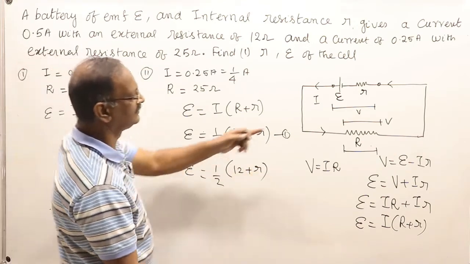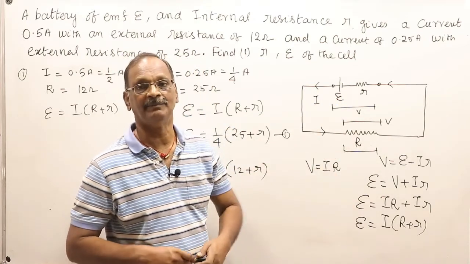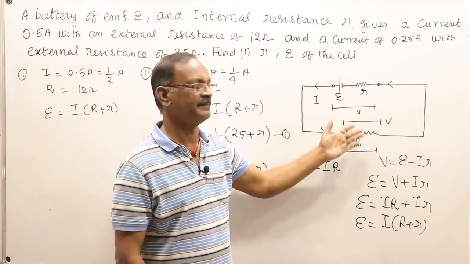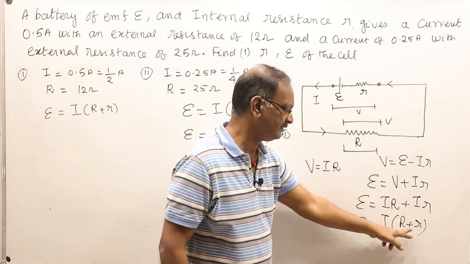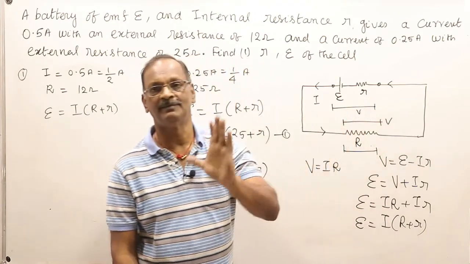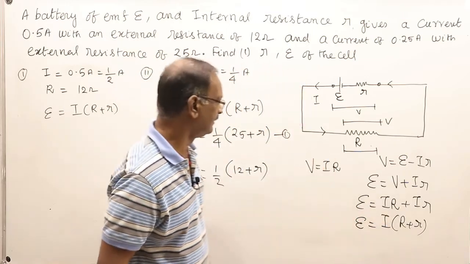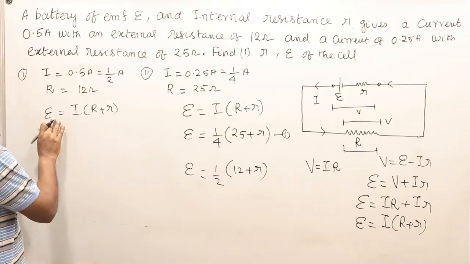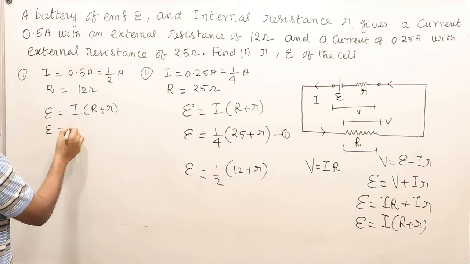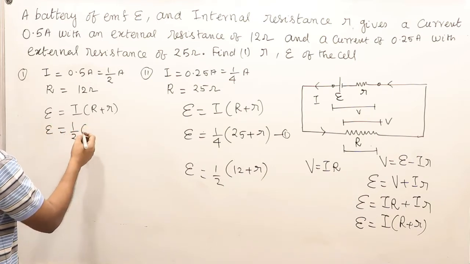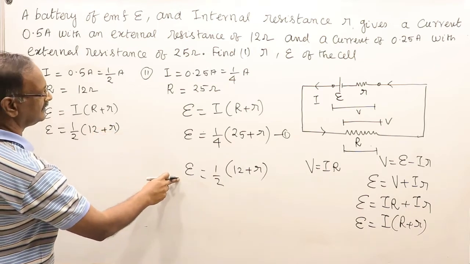So it means only the external resistance is getting varied. This we have to find out, because the internal resistance of your battery always remains the same irrespective of whatever you change here. When you change this one, the R plus r total changes, but the internal resistance for a given battery is always the same. Only the external resistance is changed. So comparing these two equations, I is equal to 1/2 into 12 plus r.